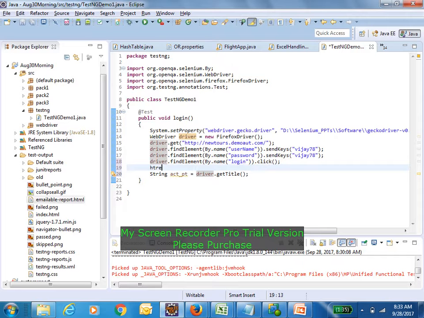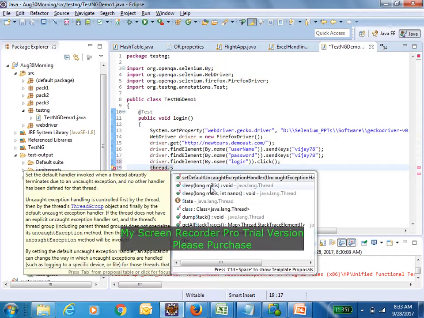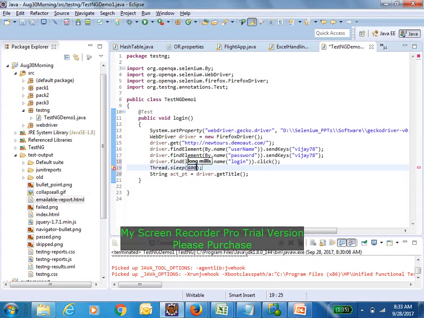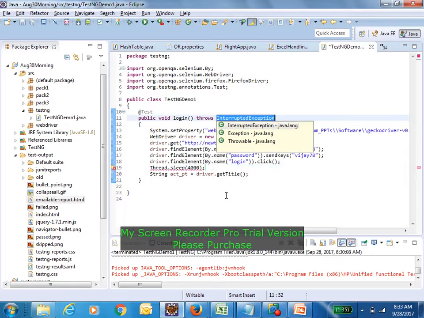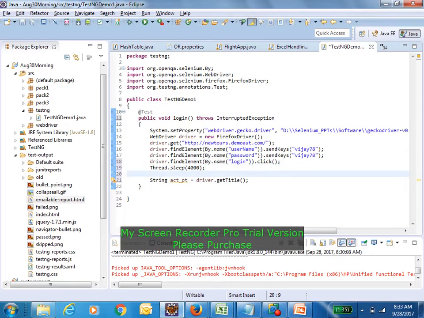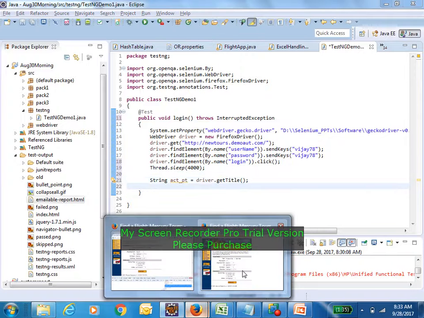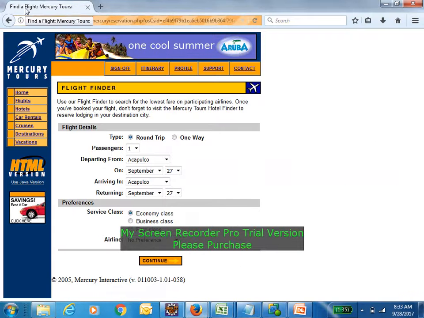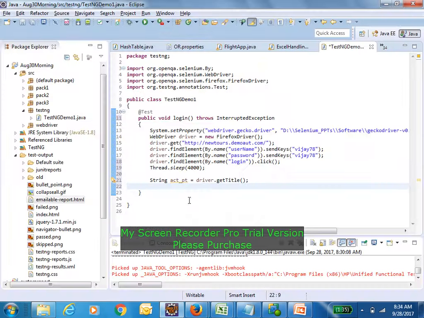In the middle, I will wait for some time, because after logging in, it might take some time. We'll wait. Okay, fine. Now, this is the actual title coming. What? Find a Flight, Mercury Tours. Now, my expected title might be reservation.